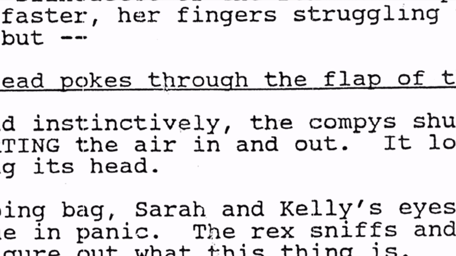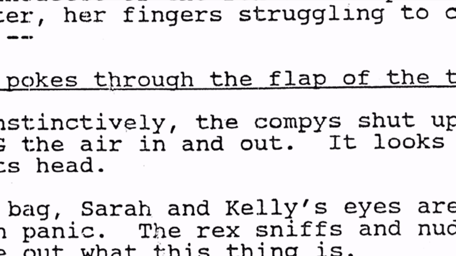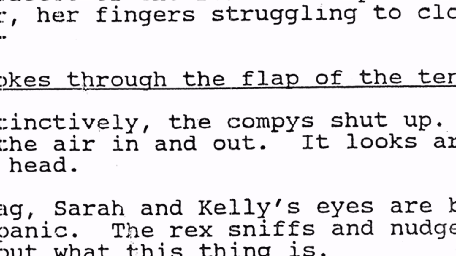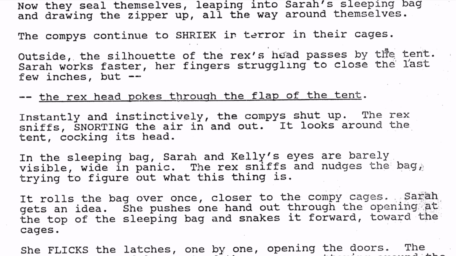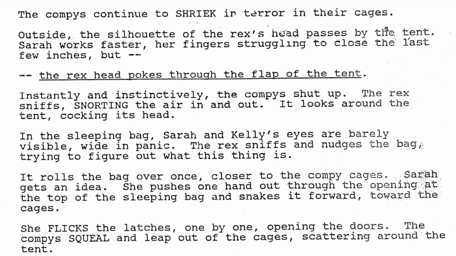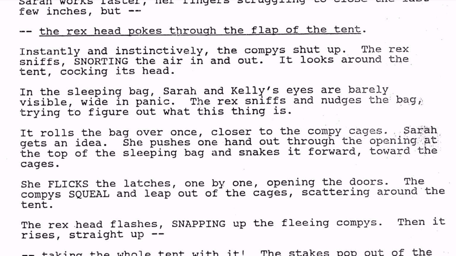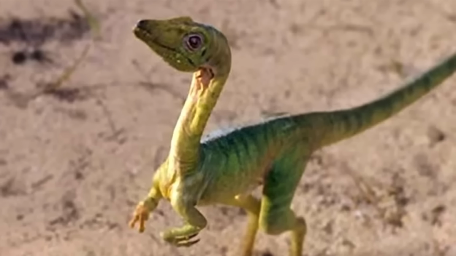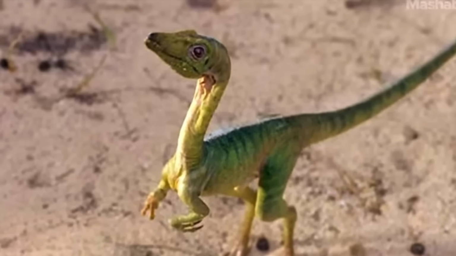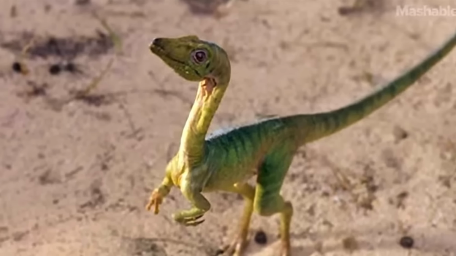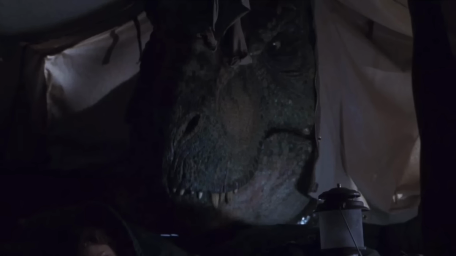And what ended up happening was the T-Rex eventually sticks its head through the tent, and there's this great scene where all of the compies suddenly shut up because they realize there's a predator. They instinctively get very quiet. And the way that Sarah gets them all out of this situation is she slowly opens the cages of all the compies, and then the compies race out and scramble all around the ground and cower underneath, and the T-Rex is looking at all these compies scurry out from the tent, and it picks its head up, and when it does, it rips the tent out of the ground. That's where the whole attack starts.